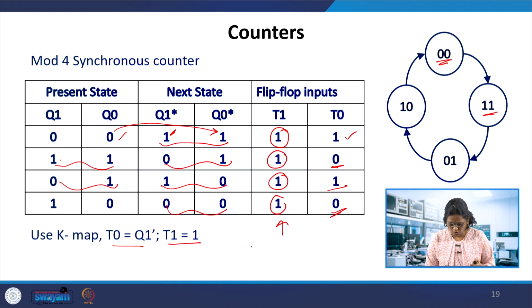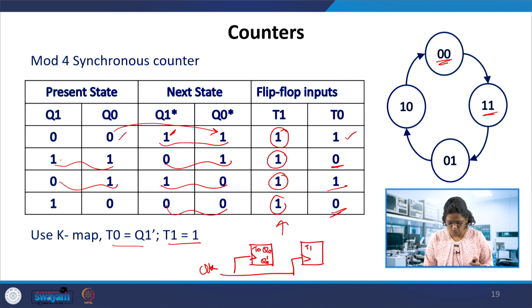I will just draw it over here. The clock, and the next one is again the clock here. This is the clock of the first bit, T0 and T1, Q0, Q0 dash, Q1, Q1 dash.